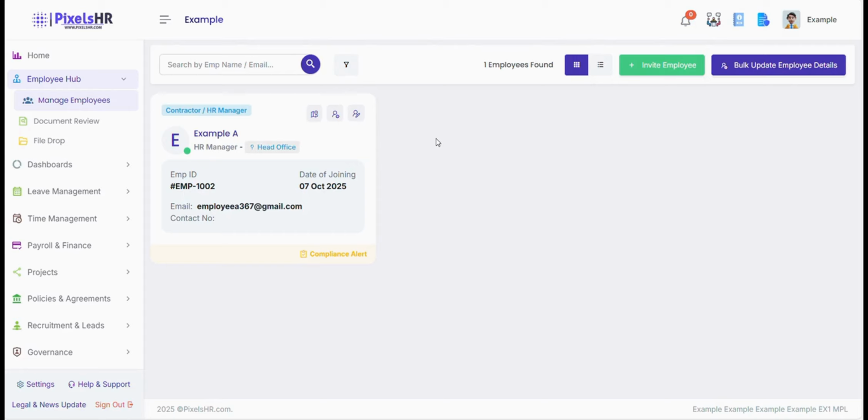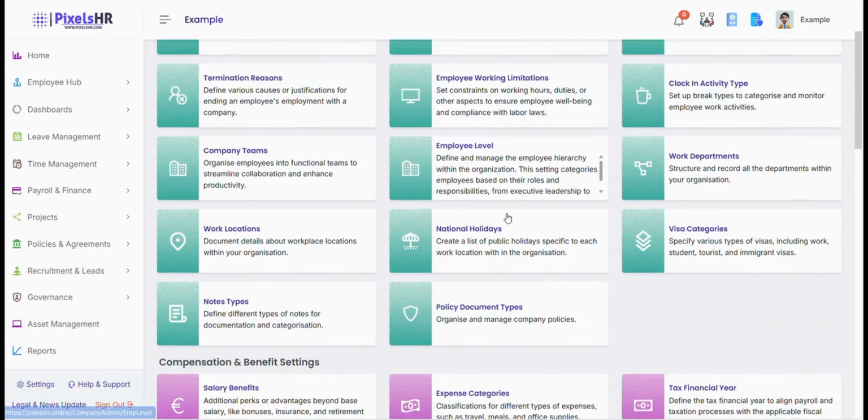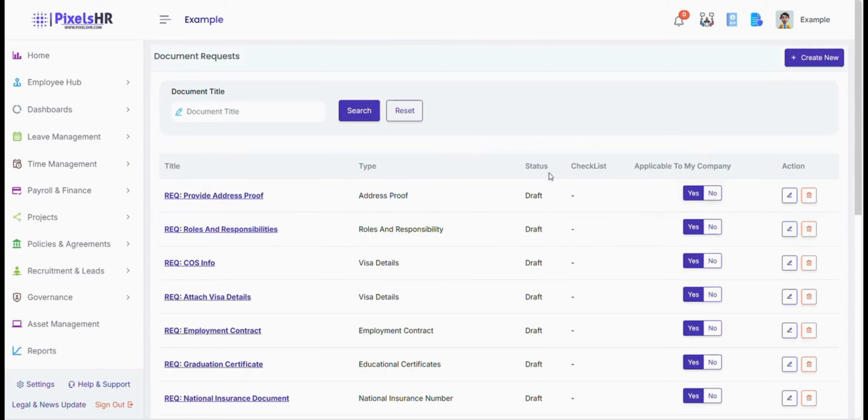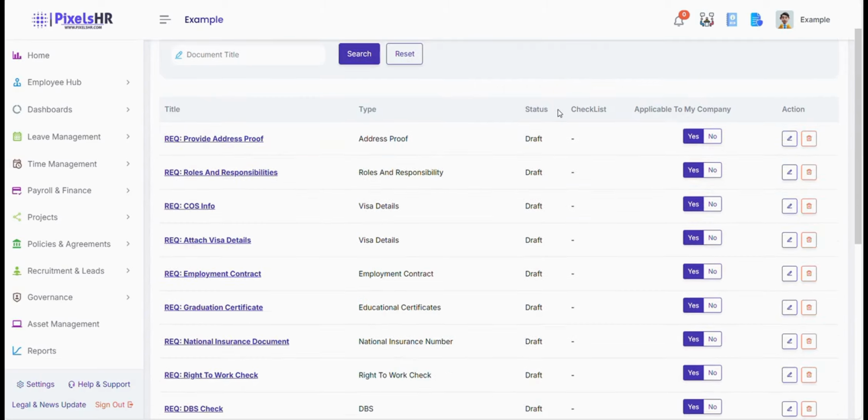Now, if you require documents from your employee upon them being onboarded to the system, then head over to Settings, scroll down to Document Requests, and this will allow you to request documents from your employee once they have logged into their employee portal. So it'll be one of the first tasks that they will need to complete. From here, they will be able to select the task and upload the documents as an attachment themselves and then